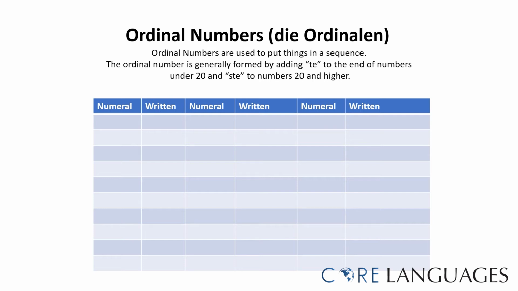We use ordinal numbers, or die Ordinalen, to put things in a sequence or to rank them. In German, we add te to the end of the numbers under 20 and ste to the numbers 20 and higher. Again, repeat after me. There is no ordinal number for 0, and then it goes erste, zweite,